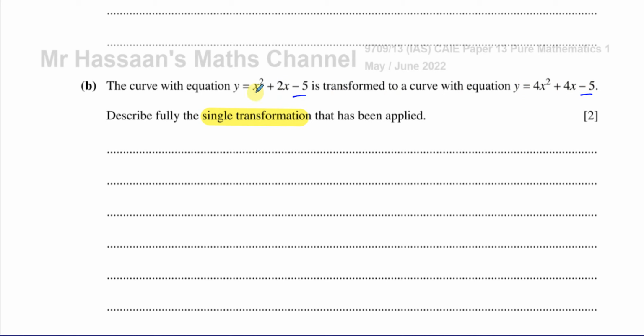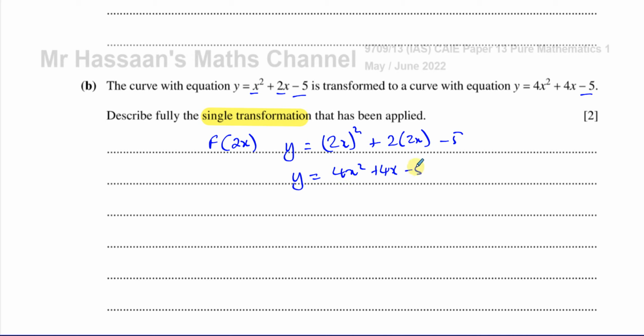The x's have changed. And how would we end up getting 4x squared plus 4x from this? I can spot it right now: if we replace the x with 2x, this is going to become 2x squared plus 2 times 2x minus 5. So we end up with y equals 4x squared plus 4x minus 5. So we can see that we have found the transformation, which is a horizontal